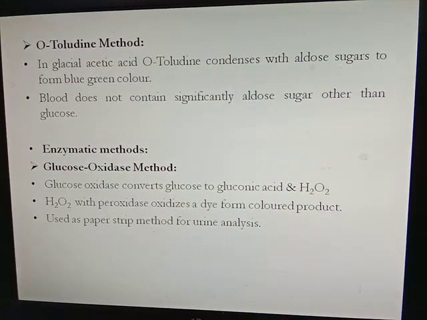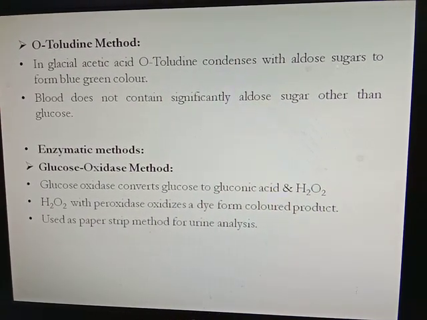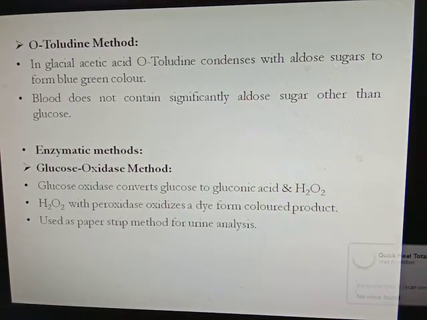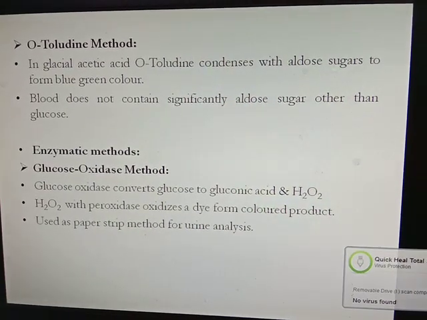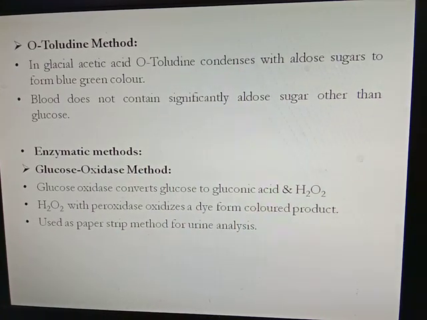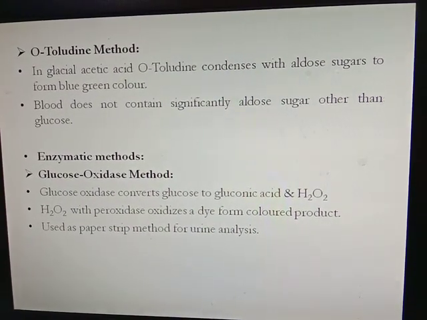Then the next method is the O-toluidine method. In glacial acetic acid, O-toluidine condenses with aldose sugar to form a blue-green color complex. The blood does not contain significant aldose sugar other than glucose, so in the O-toluidine method, whatever you are